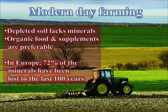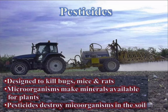Okay, so modern day farming. Modern day farming has depleted the minerals in the soil. Over the last 100 years in Europe, 72% of the minerals have been lost. It's just that we're not turning the soil around anymore. Okay, pesticides are sprayed on the soils to protect the